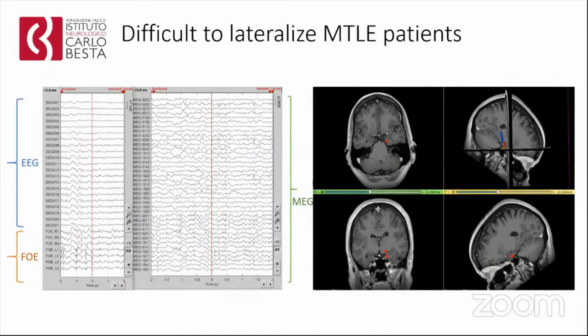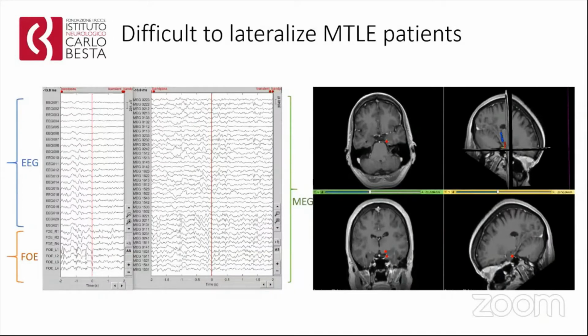We recorded with foramen ovale electrodes, which are placed through the nose and reach the mesial regions of the brain, near the hippocampus and the mesial temporal regions.